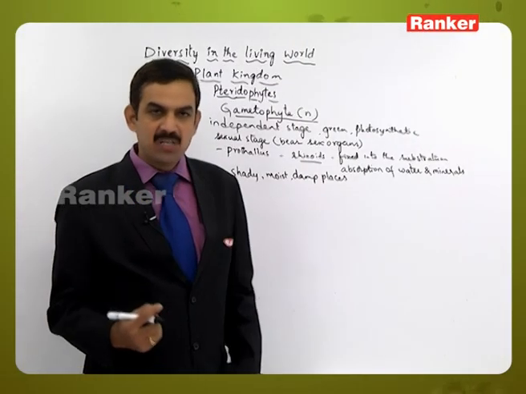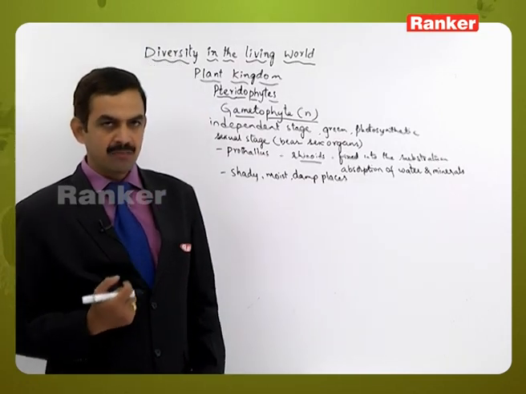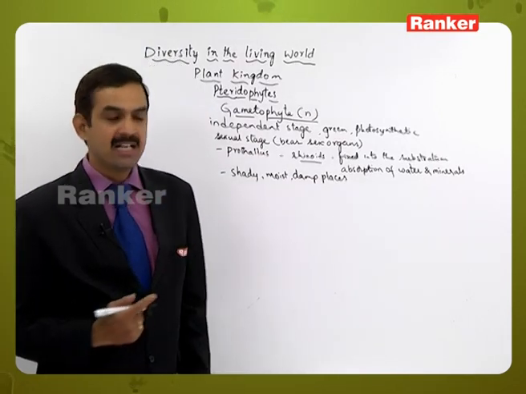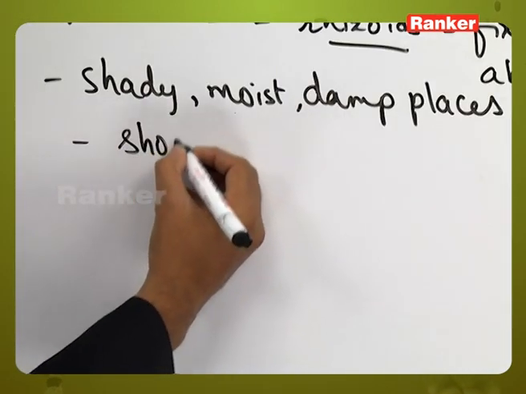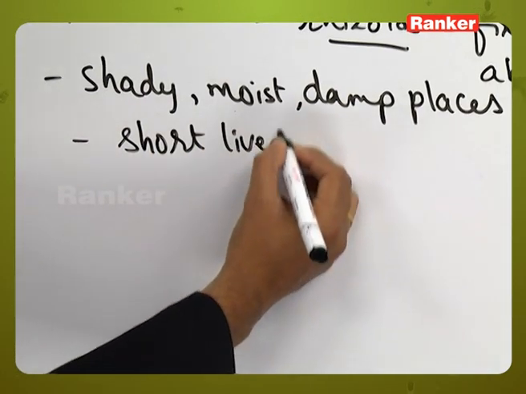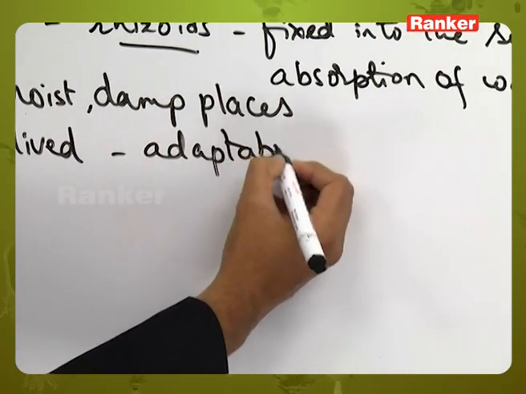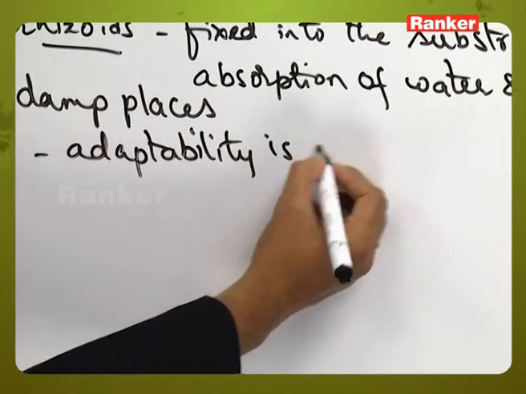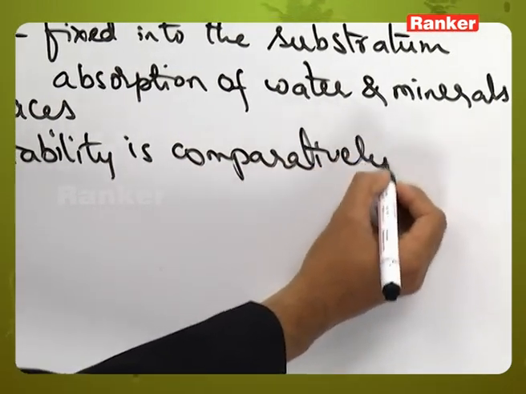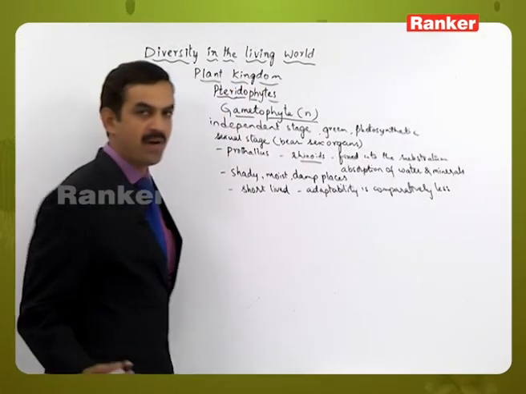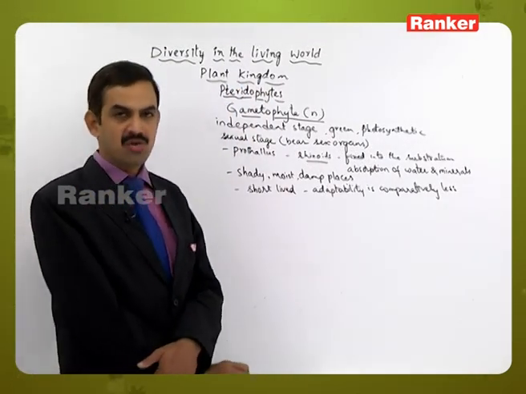But the adaptability of the gametophyte is comparatively less than that of the sporophyte plant body. That is the reason why it is generally short lived, and it completes its life cycle by formation of the sex organs,